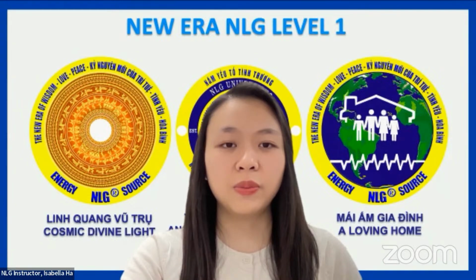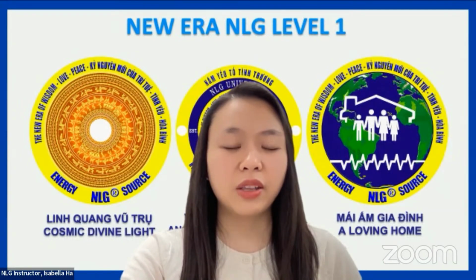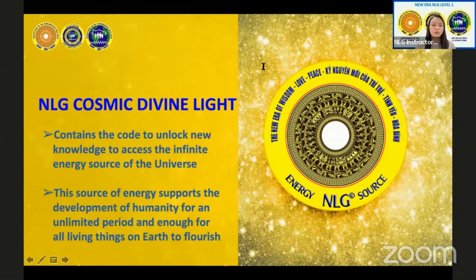So with the cosmic divine light, which is one of the logos that I showed you yesterday. So we know that the energy source that we're interested in derives from the cosmic divine light, which is an abundant resource for everyone. There's no limit to it. It doesn't matter how many people came into energy before you. Don't think that you're new to energy, so probably this energy would finish very soon. That's not true. So even if other people came into energy before you,